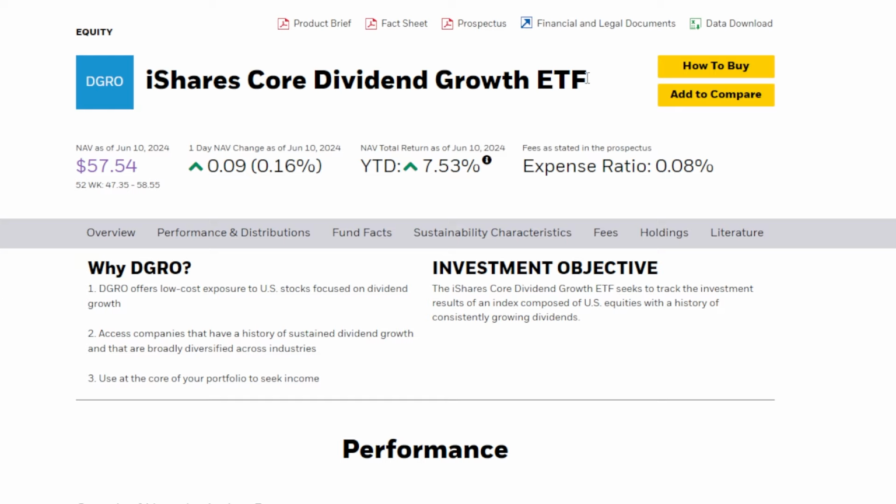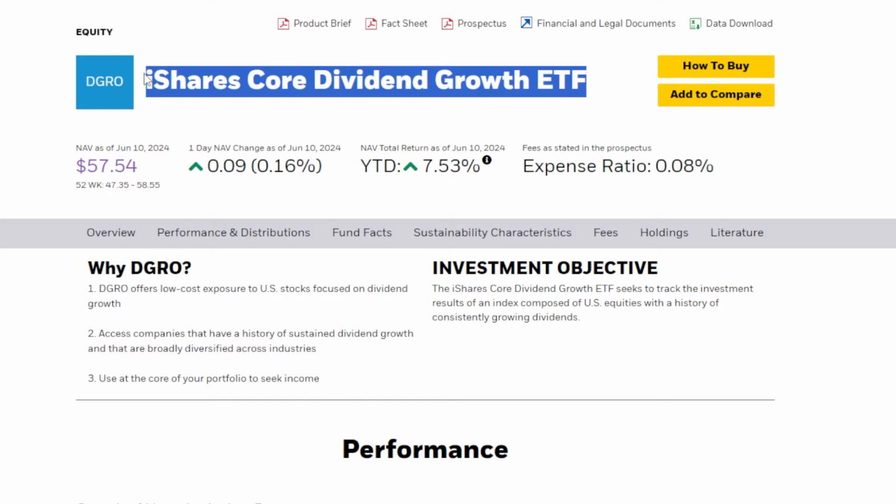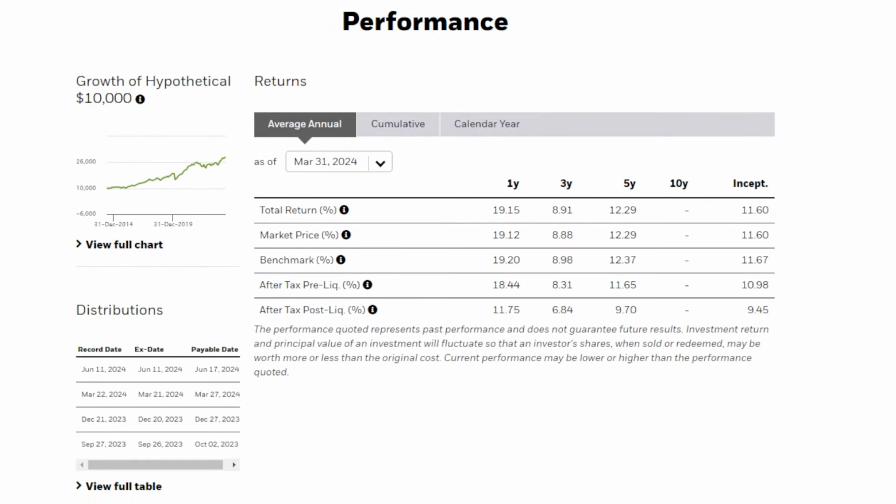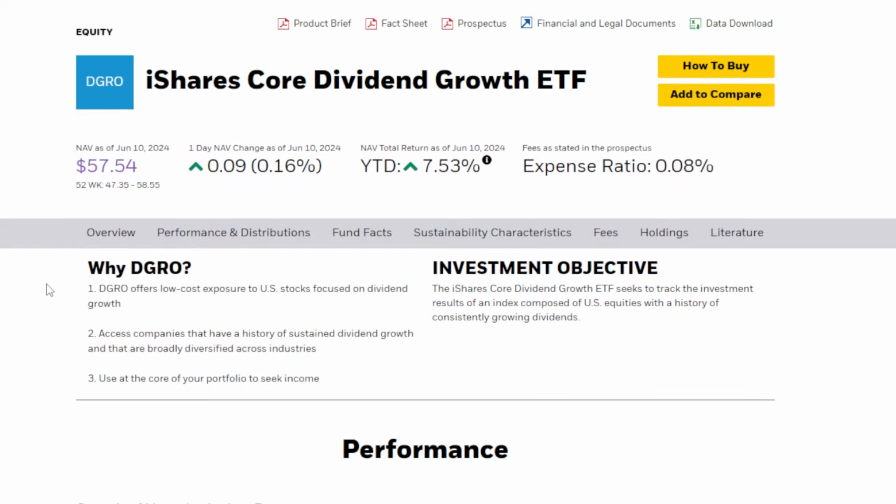Dividend growth style ETFs, or specifically for this video, DGRO, the iShares Core Dividend Growth ETF, have the potential to turn a relatively small amount of money into a massive boatload of money long term. And this is due to the fact that these high quality dividend growth style ETFs like DGRO historically have moved up and up in share price, but on top of that have paid dividends to investors and more in dividends